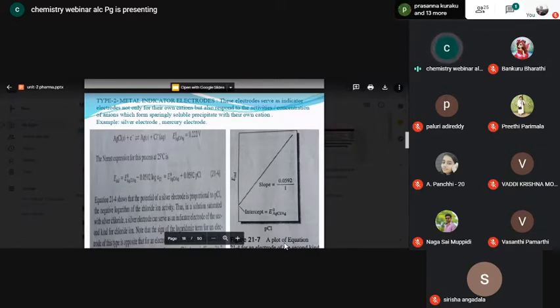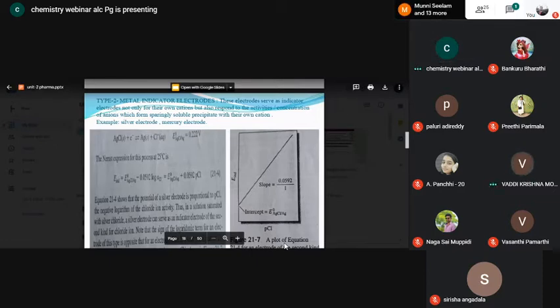Why did I say like that? Because at the end of the titration, the chloride ion concentration will be more when compared to the concentration of silver ions, or when compared to the concentration of mercury ions, in case of the calomel electrode. So that is the reason why at the final stage, the potential developed by the reference electrode is directly proportional to the chloride ions. Is it clear? So we can write the examples as the silver chloride electrode, or the mercury, or the calomel electrode. Hope the point is clear to you.